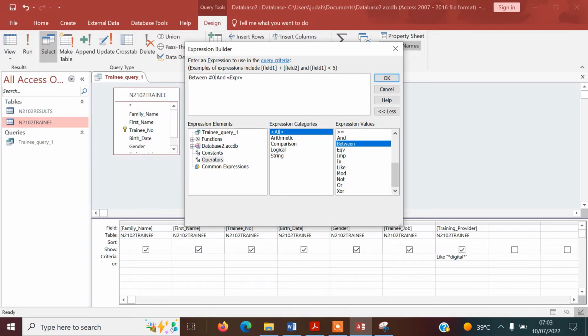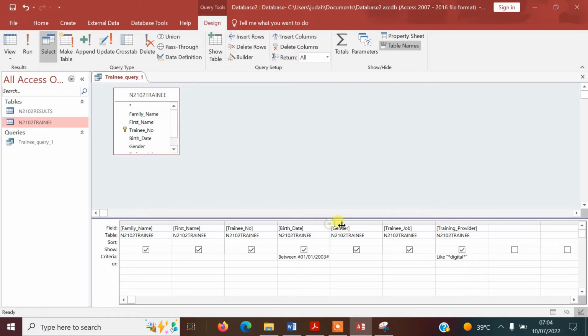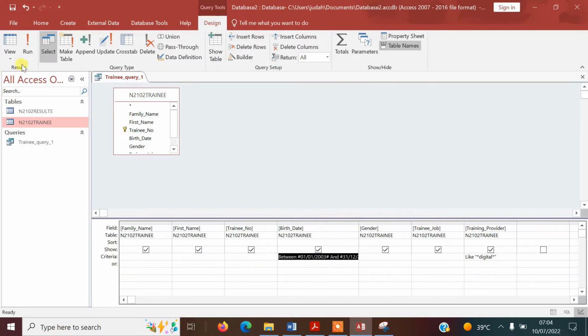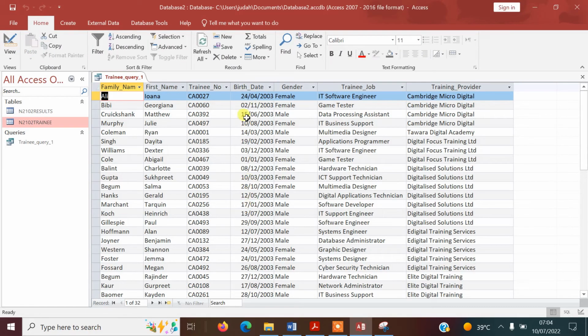So it's going to be 01/01/2003, and you've got to bear in mind the format of your date as well. So you need to make sure that you're using the same format, the same date format that is in your database or on that particular table. So I've put from the 1st of January 2003 and so between and the 31st of December 2003. And now the expression is in the criteria row here, as you can see. And so if I run that now, if you look at the birth date, they're all in 2003, and the format matches what I've done. So that's that one. I'm going to go ahead and save,